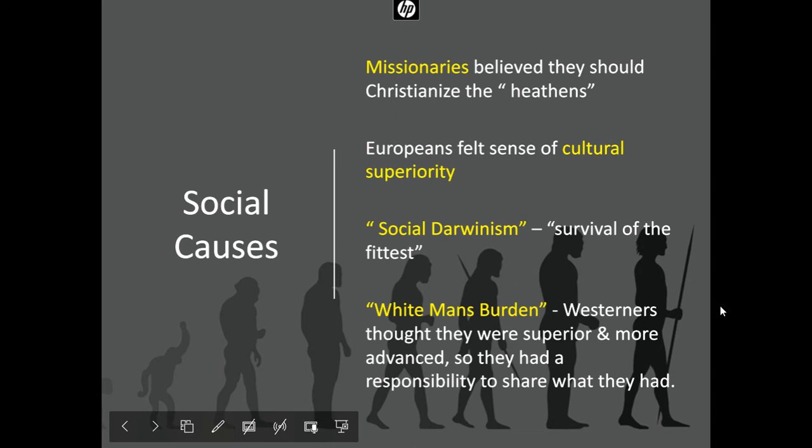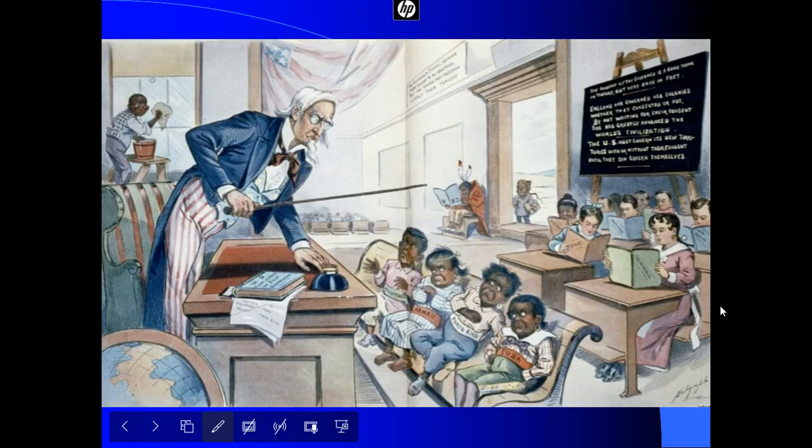So it's not the idea that, oh man, we're Europeans, we are just so much better than everybody else. They should serve us. It was more of an idea of, we have figured out a better way to live. Let's go teach this to other people. Now, in the modern world, there is still some of that, but we would label a lot of these things somewhat racist, right? The idea that some cultures are just better than others, and they should go out and change them to be like them. But these were a lot of the motivations of the people during this time.